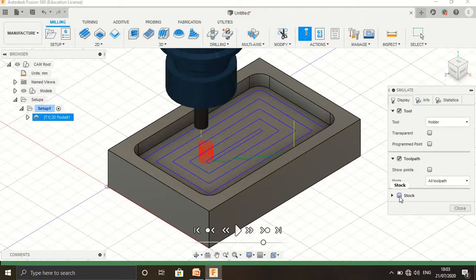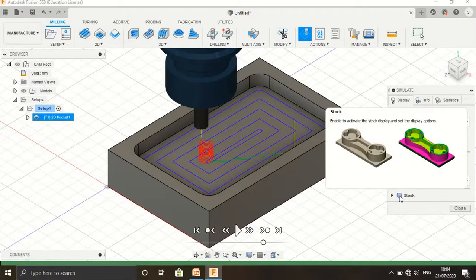For that we can click on the stock, the simulate display, that is the tool holder. If you require transparency, then click on transparent, programmed point, and tool path. It shows the tool path in red color, that is the tool goes inside and removes the metal, and the yellow line shows the outside, the tool comes outside.